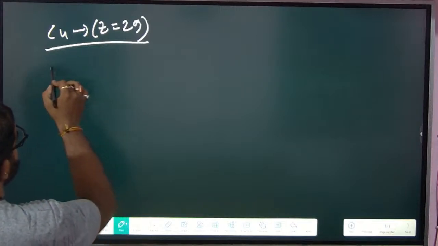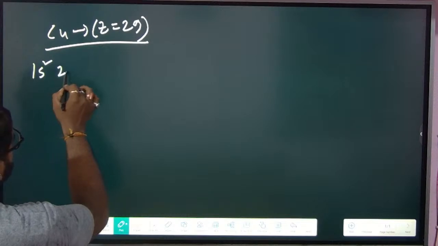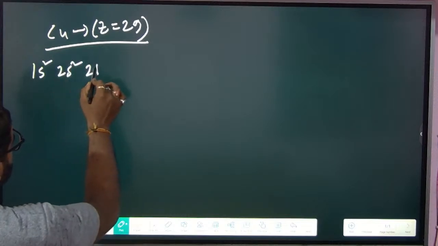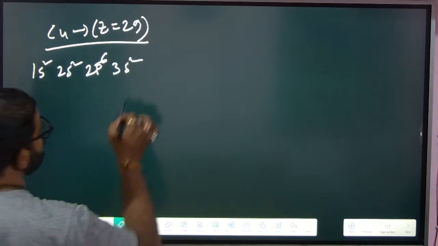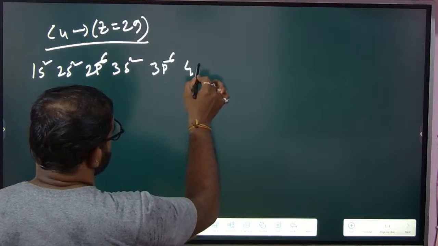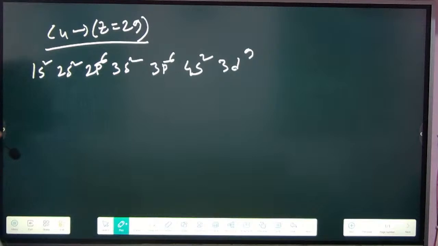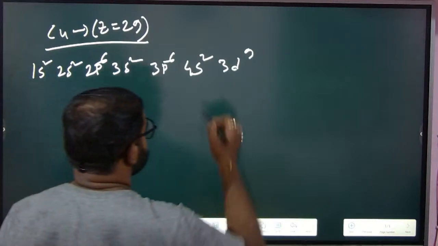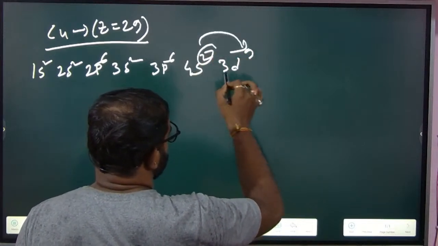For copper: 1s2, 2s2, 2p6, 3s2, 3p6, 4s2, 3d9. It should be like that, but again that problem, one electron will go from here to here, and it will become